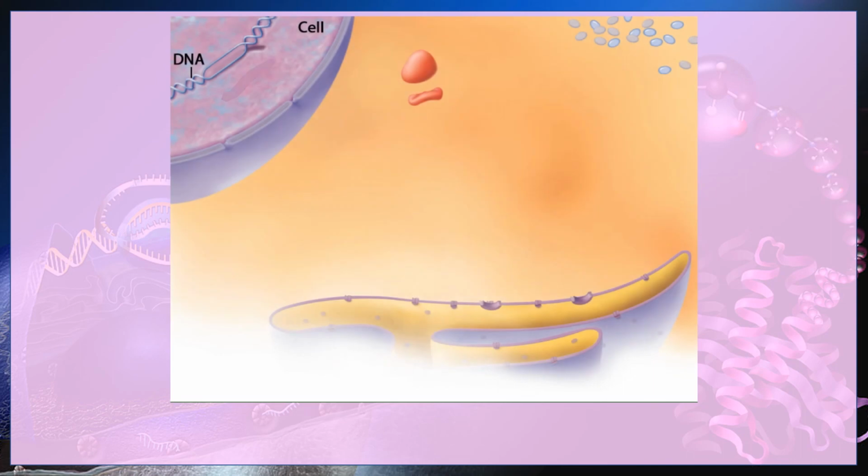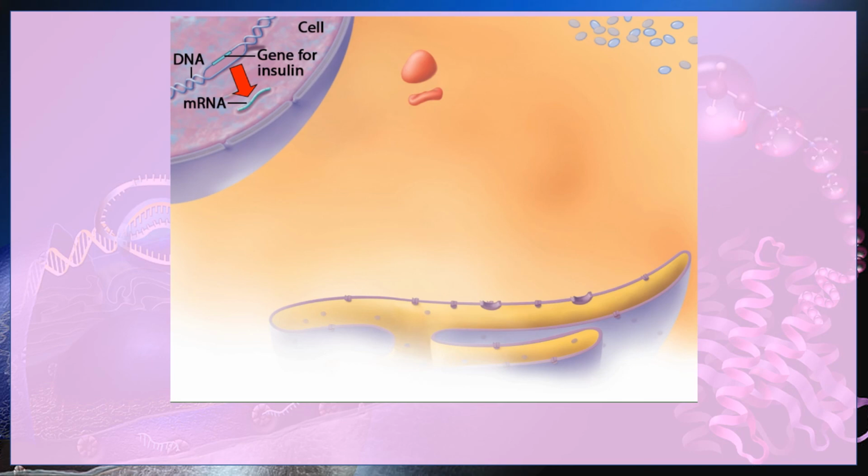First of all, the cells of the pancreas that make insulin have DNA inside of them, just like most all cell types do. The DNA in the nucleus contains the instructions for how to make proteins like the protein insulin. Step 1 is to get access to the instructions for making insulin. To do this, the cell has to open up a section of the DNA so the directions can be copied. Step 2 is to copy the section of DNA with the directions for making insulin. The copy of the DNA is called mRNA, messenger RNA.